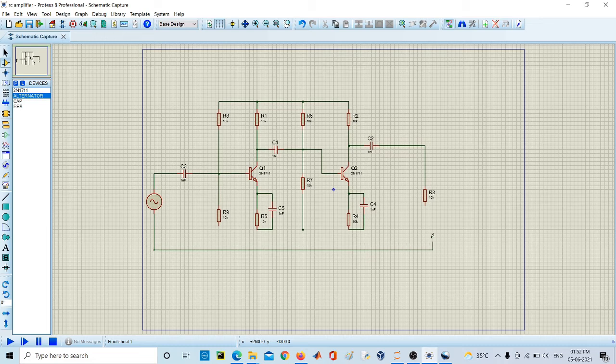Let's connect all the components to the ground. Select ground here.